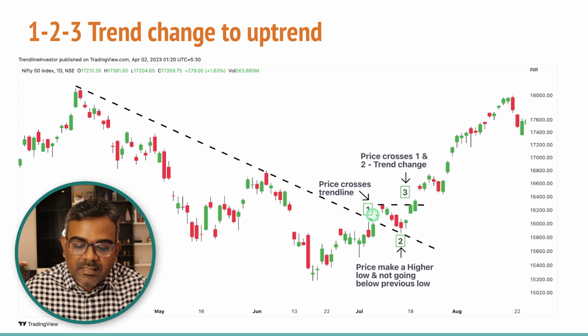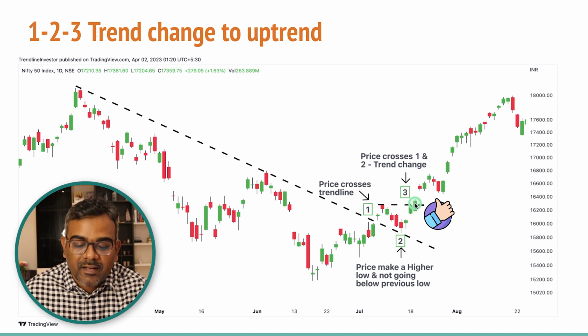Now the second rule. The second rule is that the price now should drop and should make a low, but that low should not be lower than this low. Now the price can drop all the way until here, but it should not go below the previous low, which is the lowest low. So that's the second rule. So once you have this low in place, which is now a higher low compared to the previous low point, then the third rule or the third number is the price should cross the previous point, which was marked here, the point number one, right? So once the price crosses here, that's when the third rule also is satisfied,